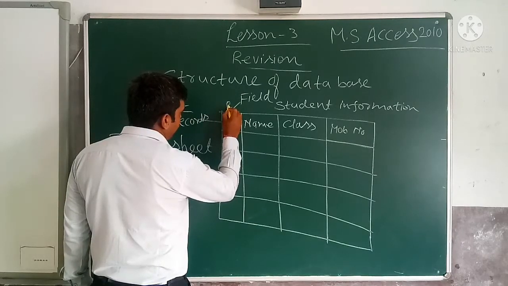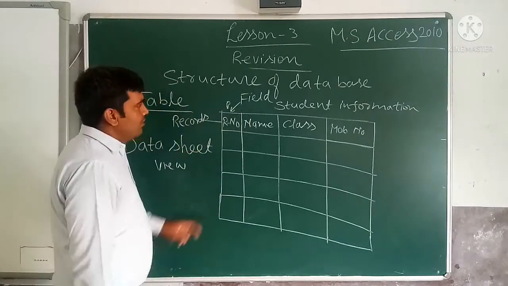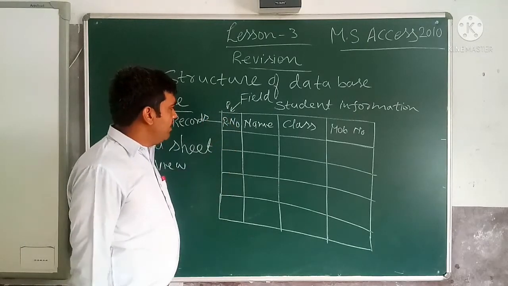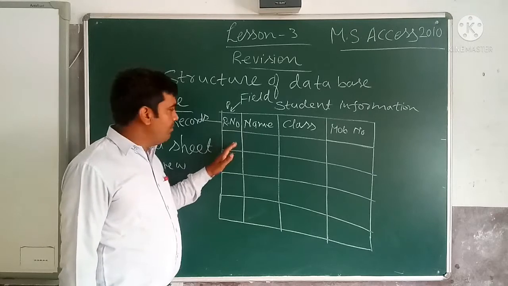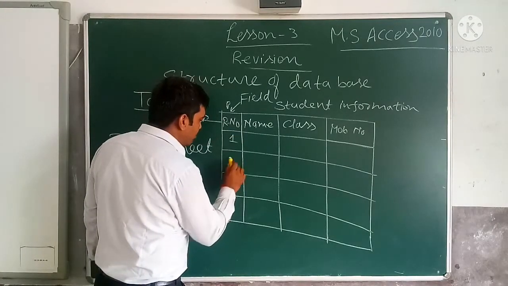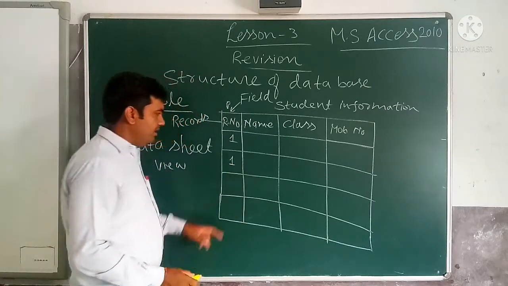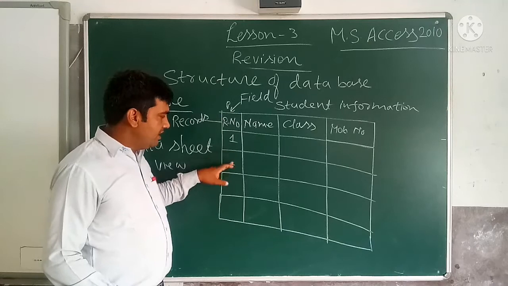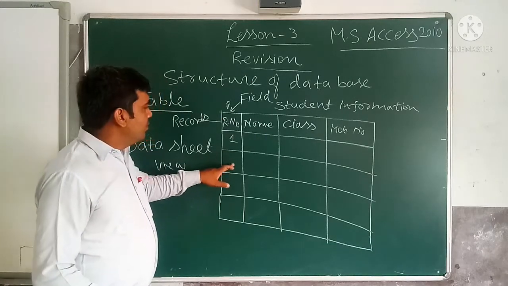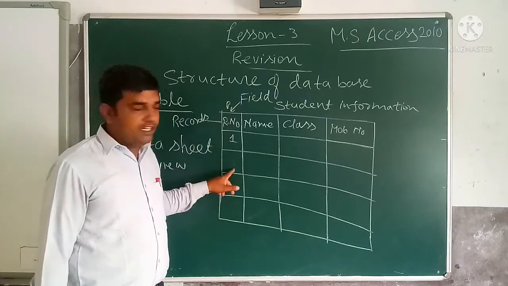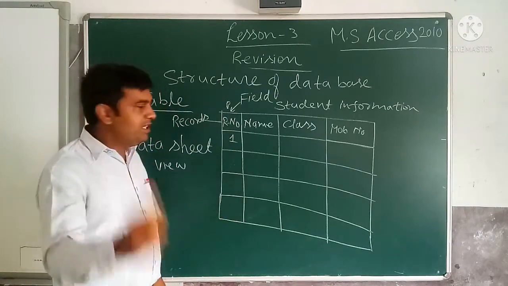Like this key you will find. This key denotes that this is the primary key, the primary field. Primary field means here the same roll number cannot be repeated. First roll number you give 1, so next time you cannot give 1. If you write the next roll number also 1, it will display an error. It will not save this record. Each value of the roll number field must be unique, meaning it cannot be repeated.